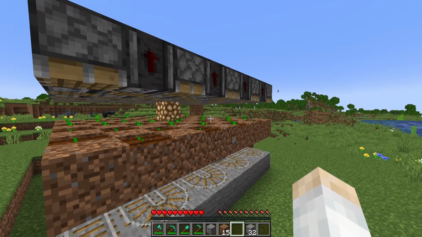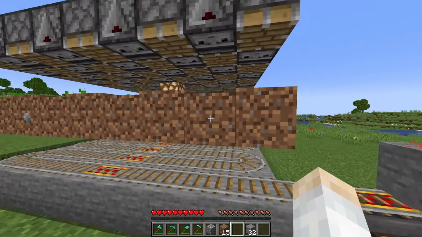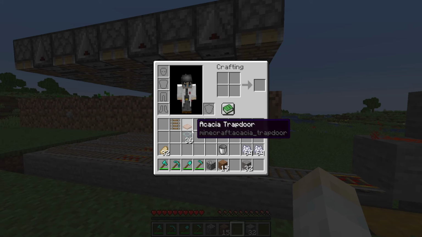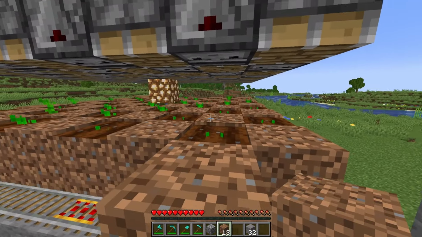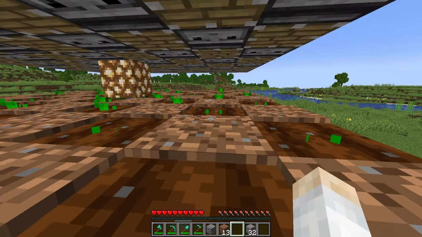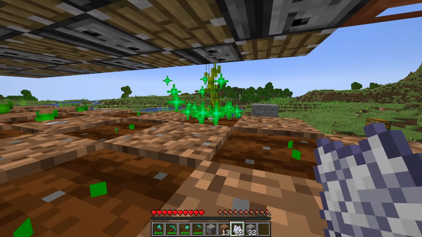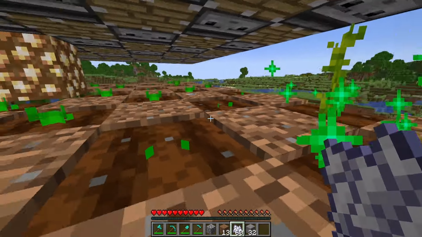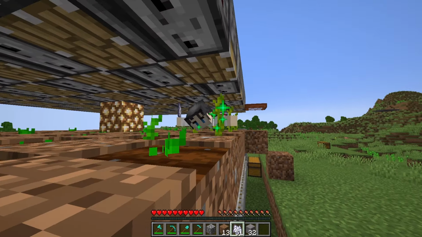Now if you want to grow these without having to wait for them to grow, some of these edge ones might actually not grow if you're underground and it's particularly dark. In that case, you definitely want to bridge up like so, put down your trapdoor so you can crawl in under, and then grab your bone meal and start bone mealing these up. But be warned, it will be a little annoying,